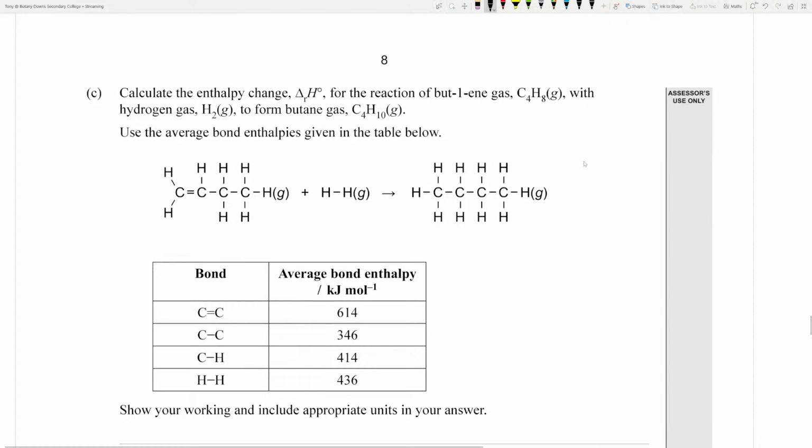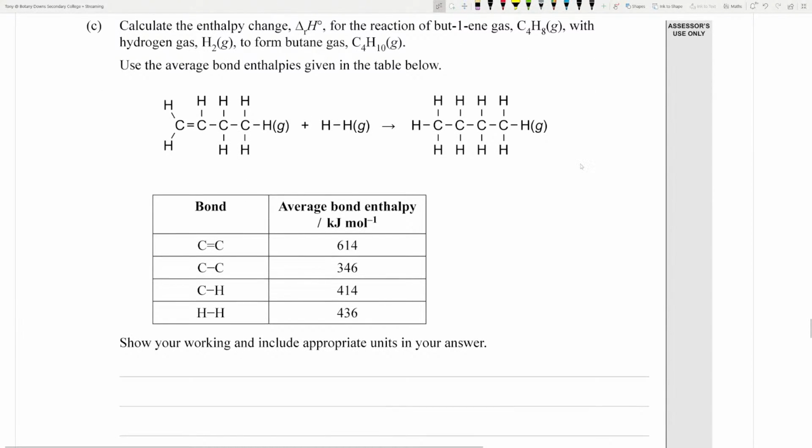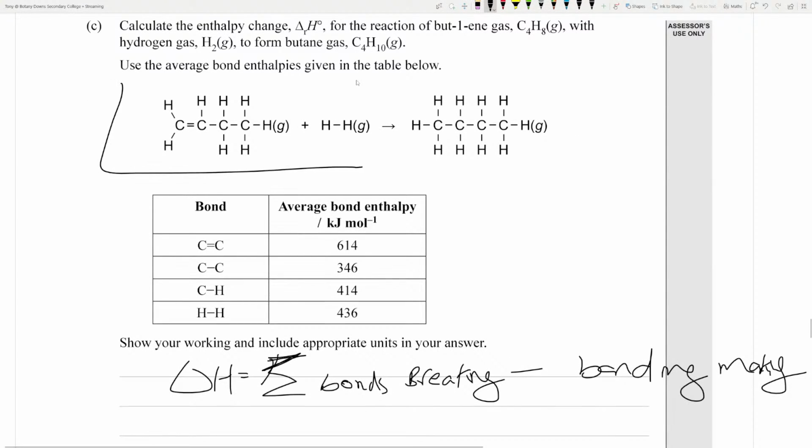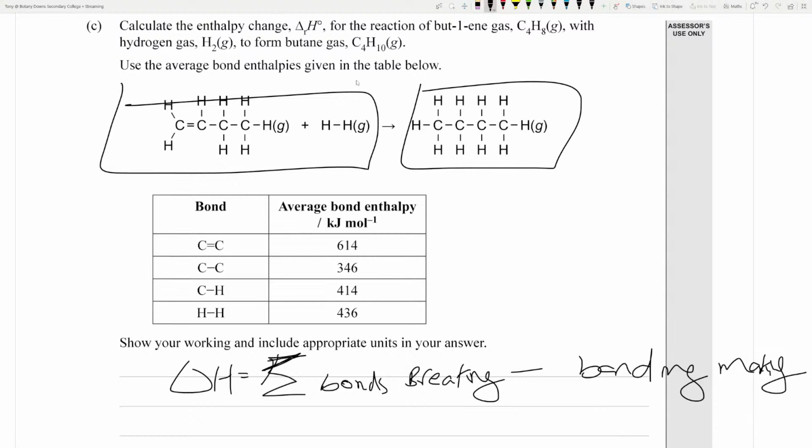So this is the perfect example of bond breaking minus bond making. This is when you have enthalpy, which equals the total of bonds breaking minus bonds making. So you just need to break these chemical bonds. So we just need to count. These ones I need to break, these ones I need to make. But if you know what you're doing,